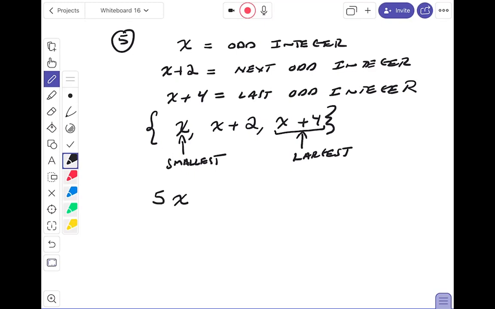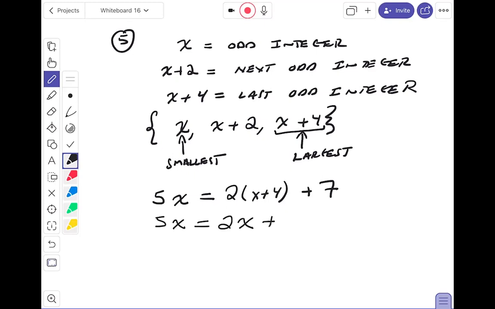is 7 more than twice the largest. Okay, I got my equation. Let's solve it. 5x